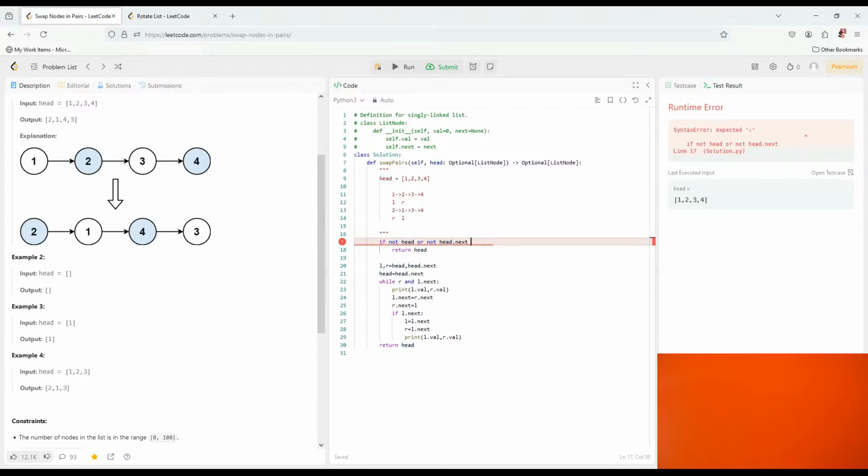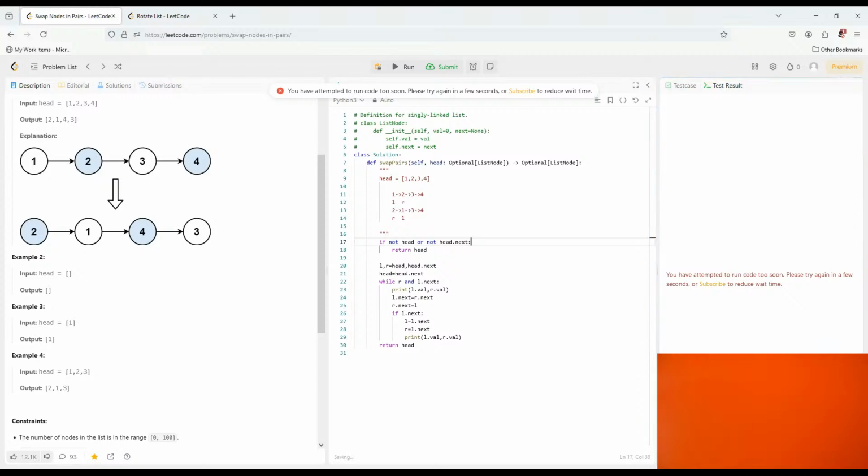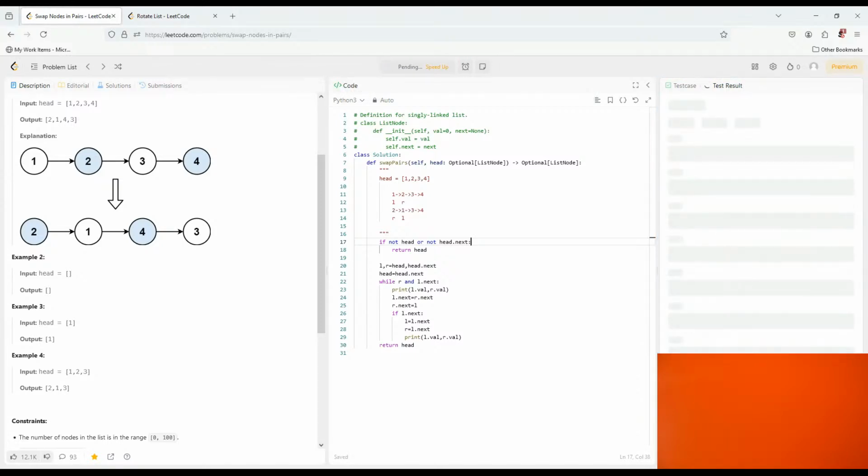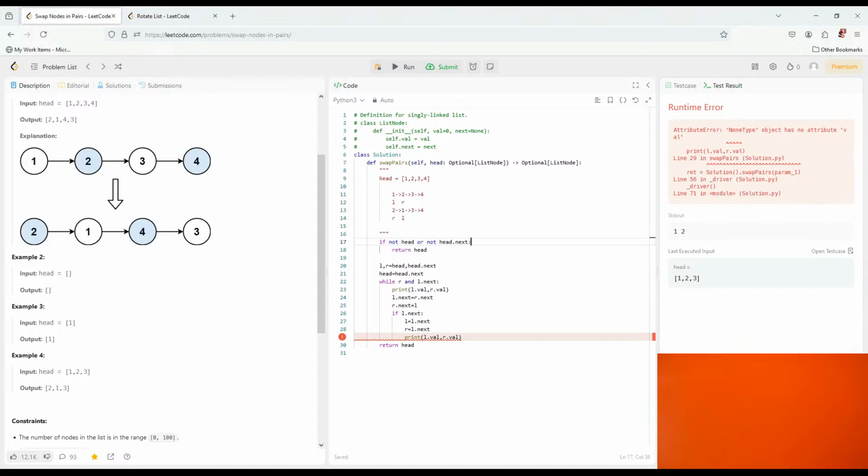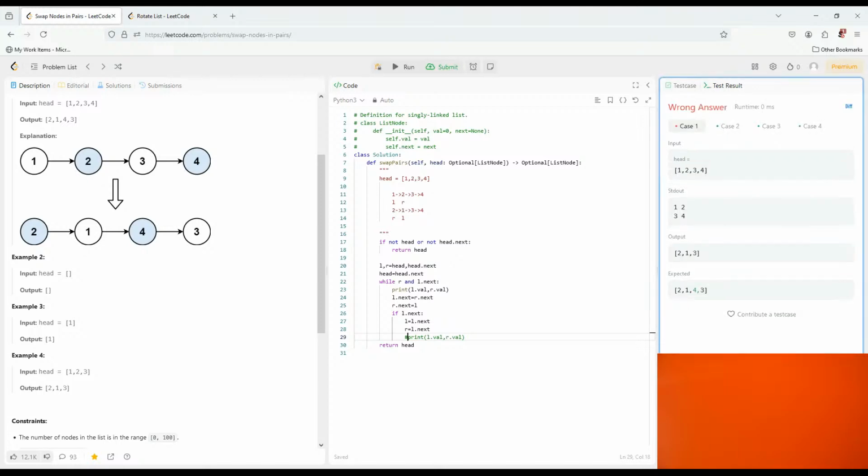Oh yeah. Except here. Why is it not working here? Because